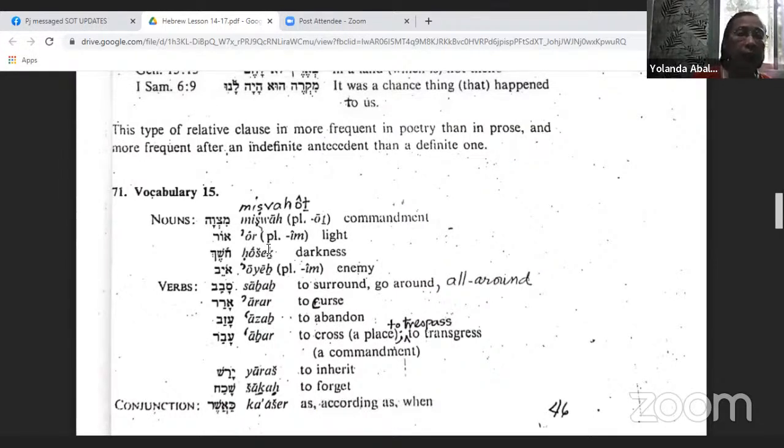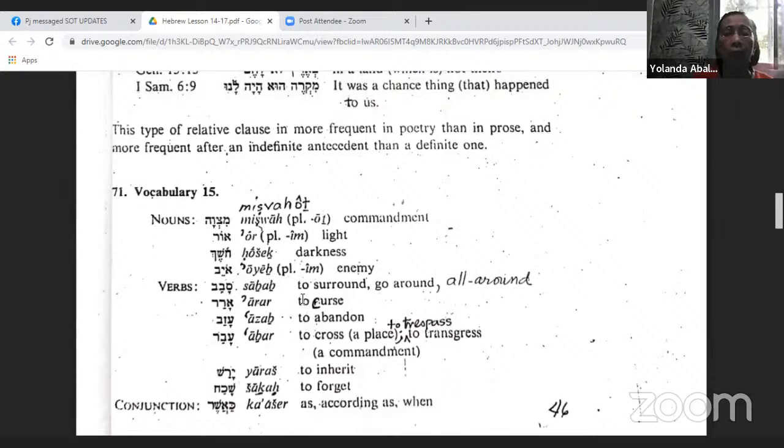Koshek ay darkness. Walang plural ang koshek. Oyeb ay enemy. Ang kanyang plural ay oybim. Natandaan nyo yon, yung oyeb, it changed pagka naging plural. Itong i na ito ay mawawalan siya ng misa. It will become oybim. The verb subab